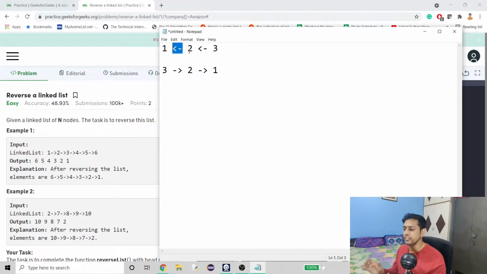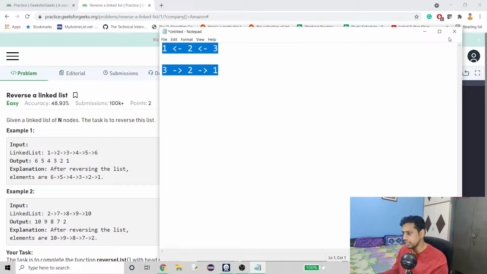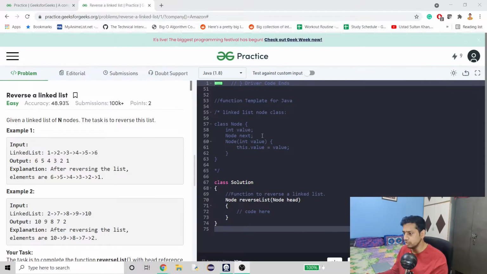We used to use next, but here we have to use previous, because we have to have some kind of data stored that this is going to be the previous of this node and this is going to be the previous of that node. Things like that we have to store. So this is all the theoretical part. Now let's come down to logic. I hope this was clear, right? As we said, we have to use previous here.